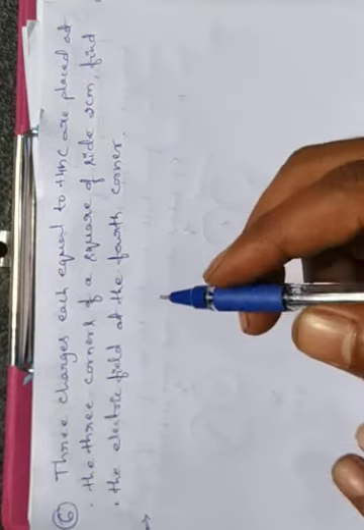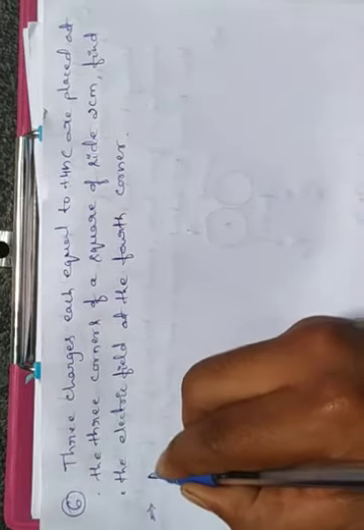The next numerical question. Three charges, each equal to plus 4 nanocoulomb, are placed at three corners of a square of side 2 centimeter. Find the electric field at the fourth corner. Okay, observe carefully. Suppose ABCD